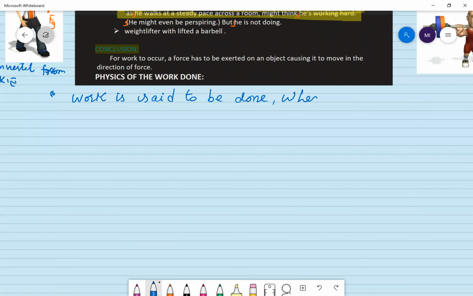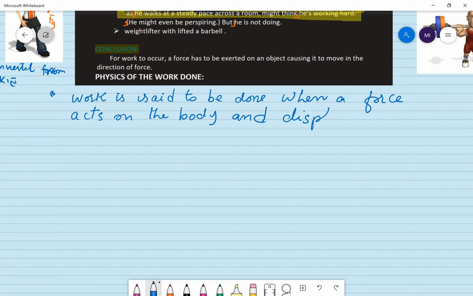Work is said to be done when a force acts on the body and displaces it in the direction of the force applied. That is work done physically. So work is said to be done when a force acts on the body and displaces it in the direction of the force. More precisely, or mathematically, we can say that work